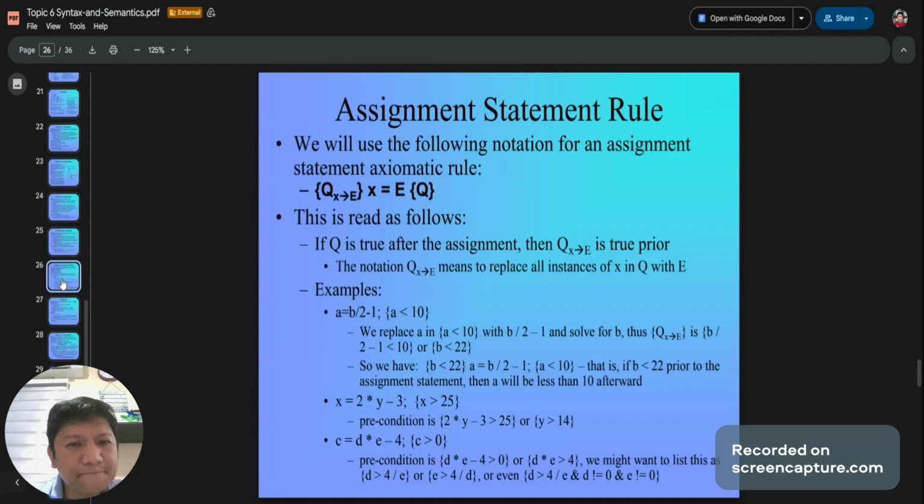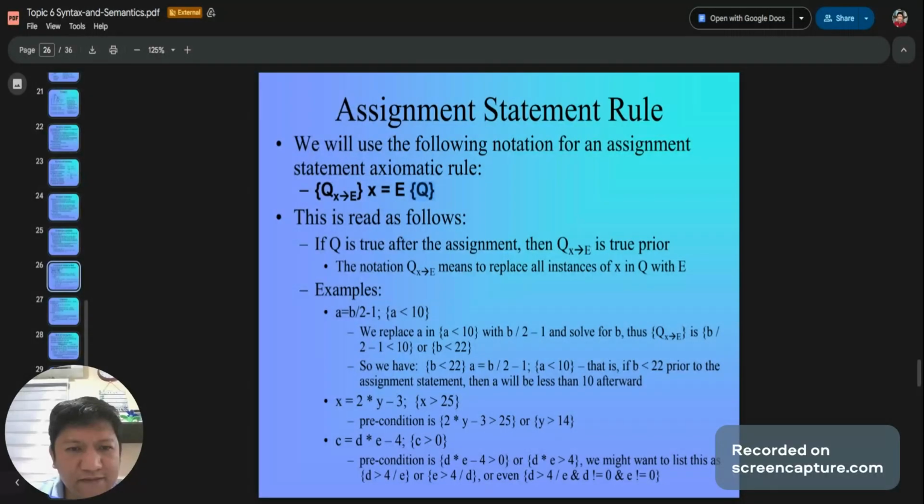Okay. Assignment statement rule. We use the following notation for assignment statement rule: {Q_{x->E}} x = E {Q}.